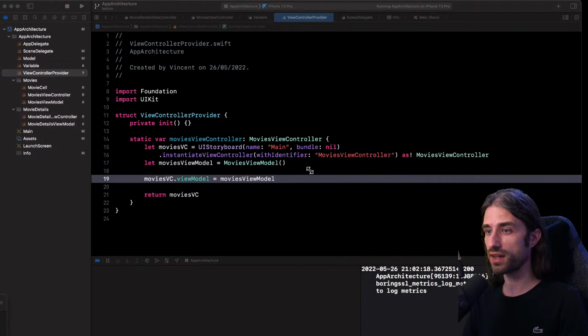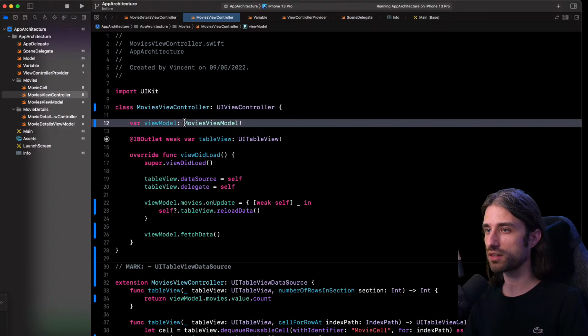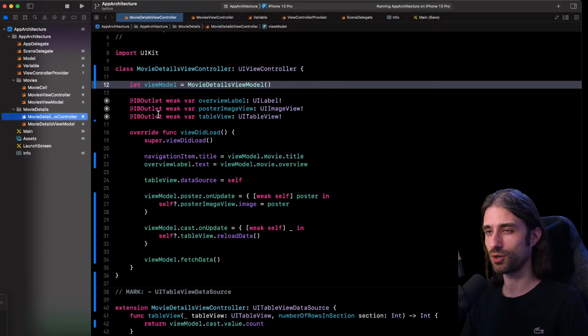So actually here we have implemented a first version of dependency injection. It might not seem extremely useful for now, but you're going to see that having that injection point, meaning being able to inject a different value for one of the properties of an object at runtime, is going to prove to be pretty powerful. But before we move on to using this injection point to implement something powerful like mocked network calls, I'm going to do the same thing for my second view controller so we can make sure we've really understood how this works.